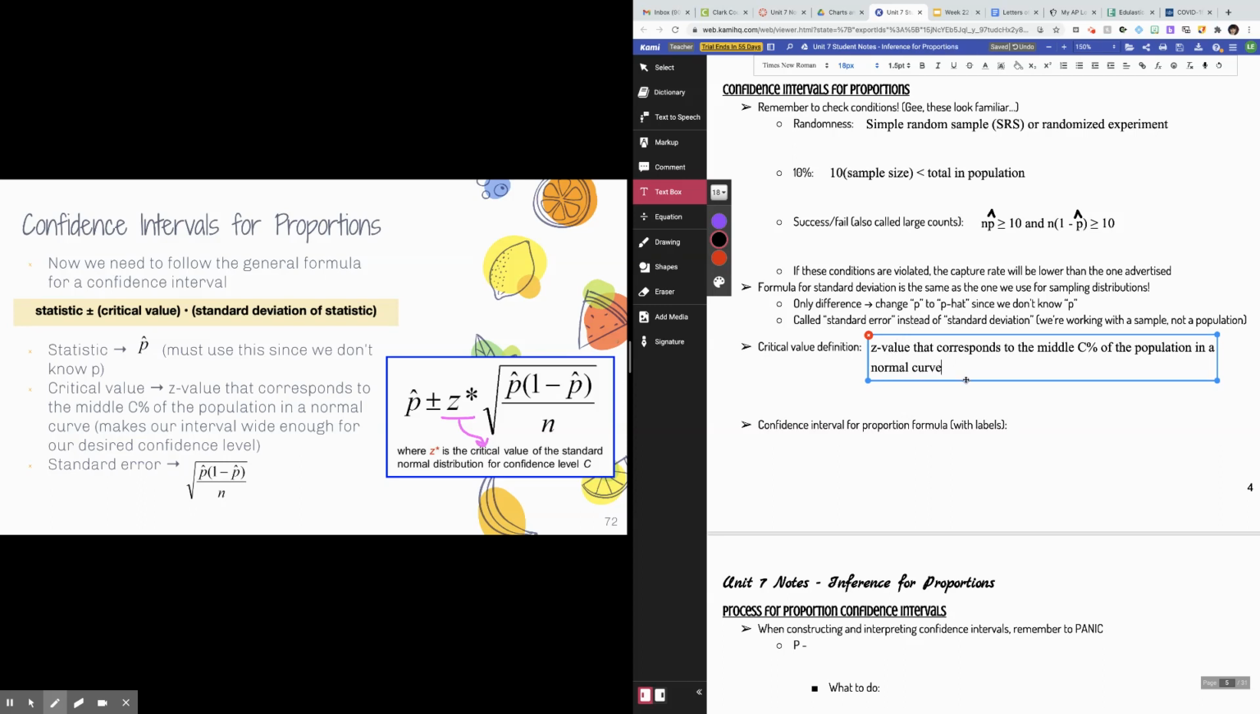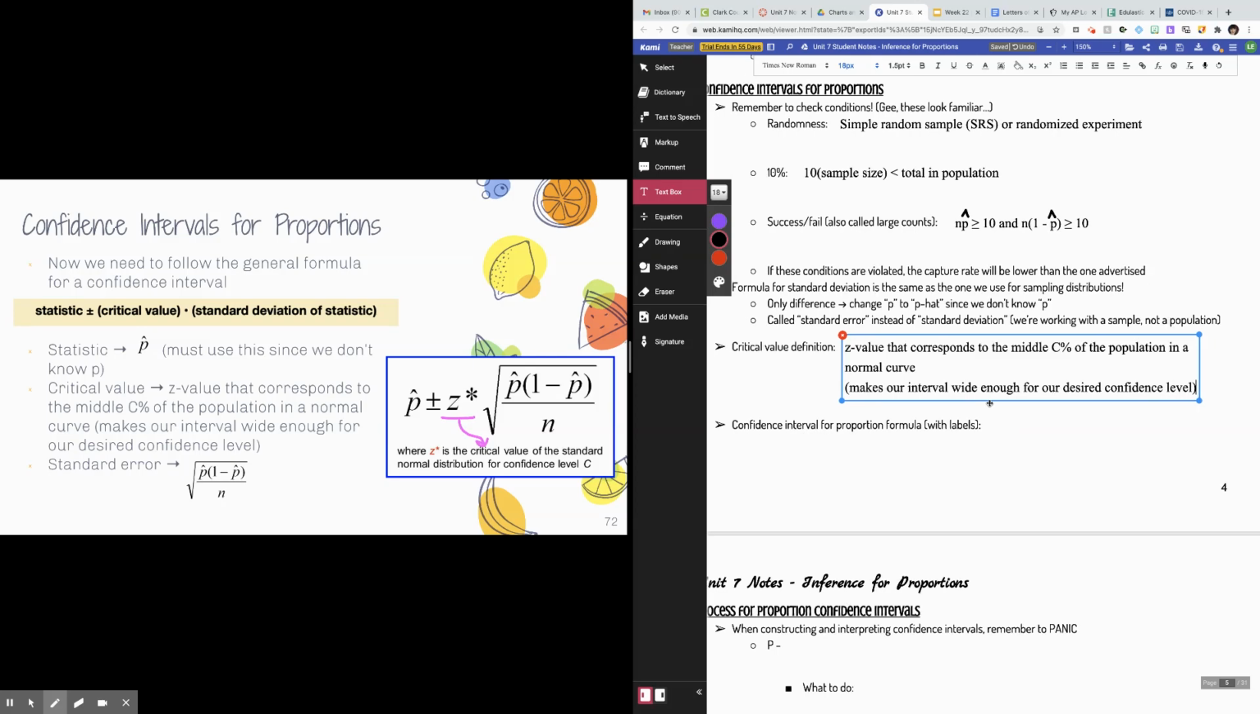And then as a reminder, the larger the confidence level, the wider the interval, right? So the Z value is going to be larger. Okay, so again, essentially what we're doing is this makes our interval wide enough for our desired confidence level. Okay. What you see boxed in blue on the left side of your screen is the full formula